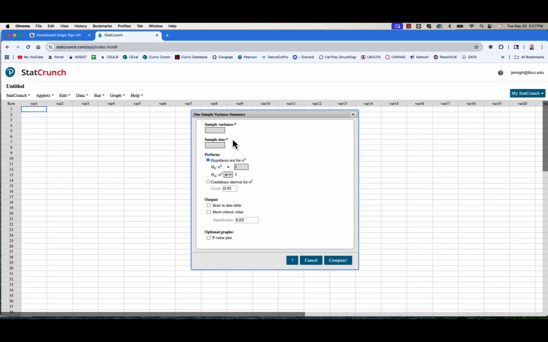What this program wants from us on the input screen is sample variance, sample size, and notice the null and alternative hypothesis are set up for sigma squared. So we were given the information about the standard deviation, but we also know that if we square the standard deviation, we'll have the variance. So when you go to type in your sample variance,